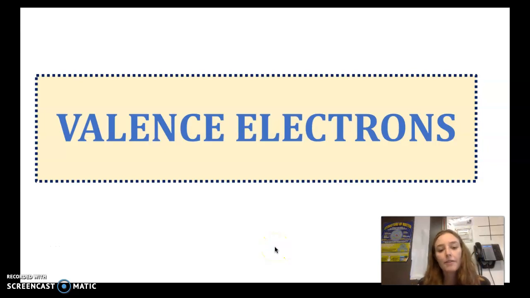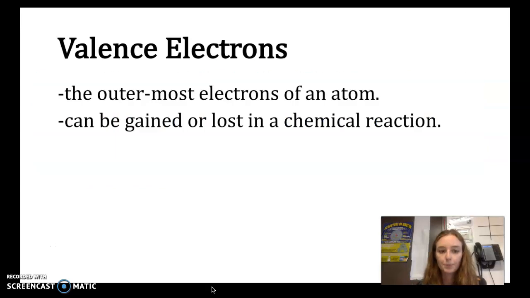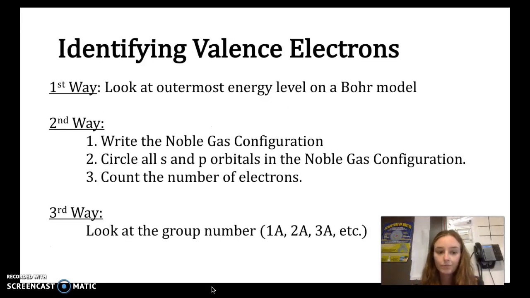Our next video is about valence electrons, so make sure you add that part in your notes. So valence electrons are electrons that are found on the outermost shell or orbital of the atom. They can be gained or lost in a chemical reaction. So in order to identify how many valence electrons a certain atom has, we can figure that out three different